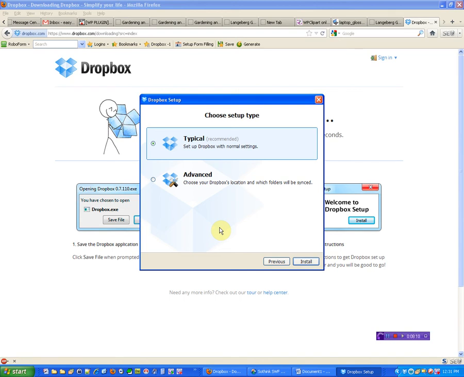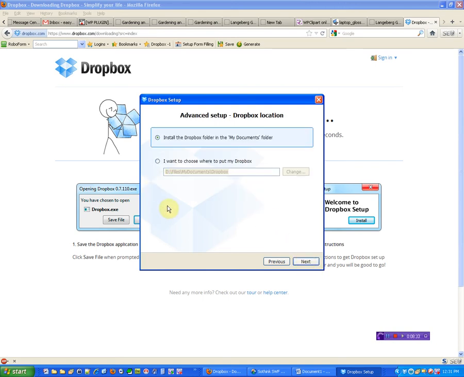So I suggest you use the typical settings. Now, if I click Advanced, it's going to tell me what the typical settings are going to be anyway. So I'm going to click Advanced, and I'm going to click Next. Okay, once we click Advanced, we are presented with this screen here. It's going to come up and say, it's already ticked and selected to install Lockbox in the folder of your